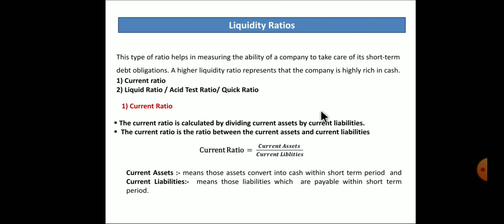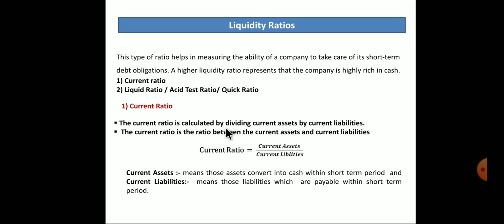Next, first is liquidity ratio. The ratio helps to measure the ability of the company. There are two components of liquidity ratio. First is current ratio and second is liquid ratio, also called acid test ratio and quick ratio. First, let us discuss current ratio. Current ratio is calculated by dividing current assets by current